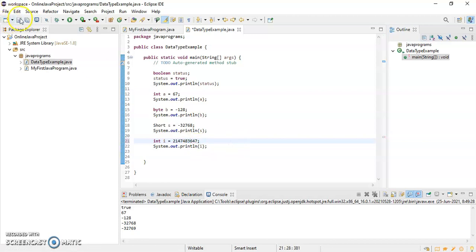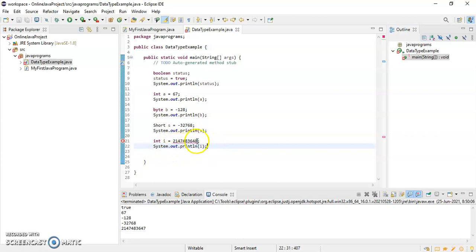No problem, I can print it, right? So if I change it to 8, then it will throw error, right? Compilation error, we will get it.